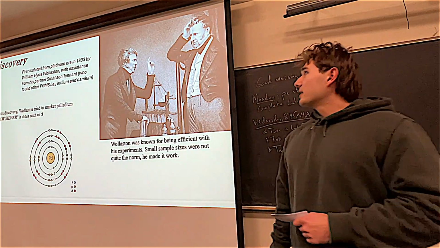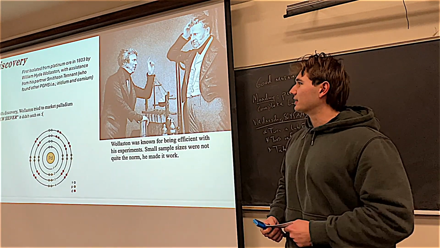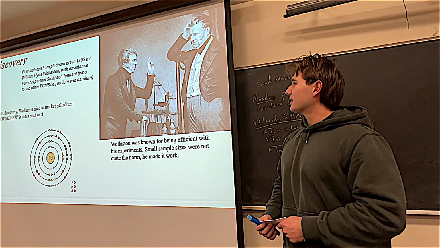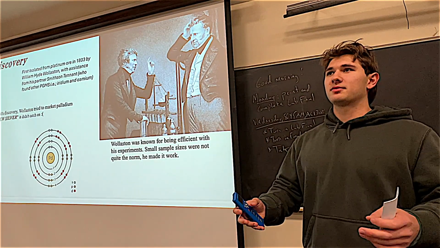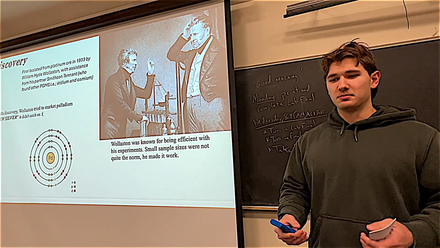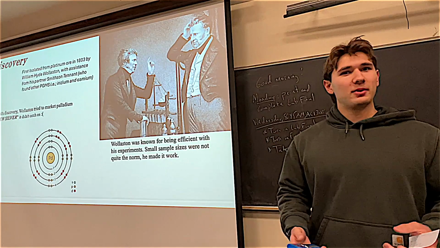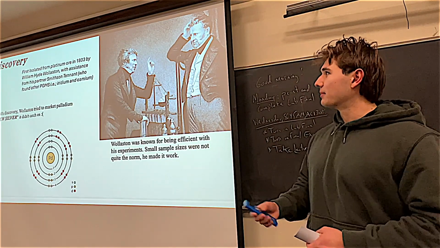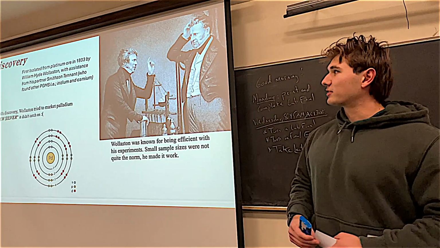It was discovered in 1803 by a guy named William Hyde Wollaston. He was kind of an interesting guy. He had this big batch of platinum ore, and he was working with it, and he was actually notorious for making a lot out of a little, but he still had a lot anyways. But he isolated it from the platinum ore, and he found palladium with the help of his buddy Smithson Tennant,